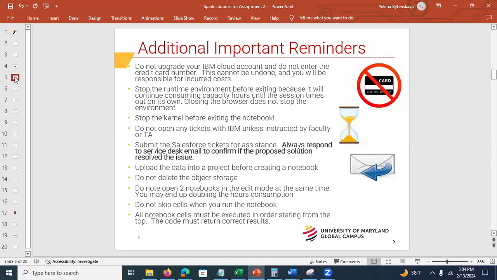Please, when you run the notebook, it's important not to skip cells. You have to run everything, the whole notebook, starting from the top, okay? You cannot just go ahead and quit, you know what I'm saying? Now,